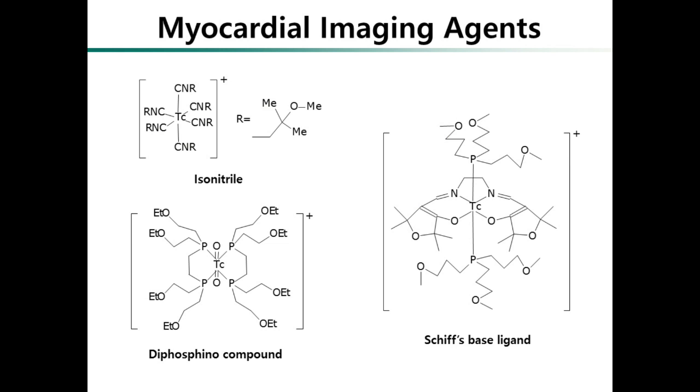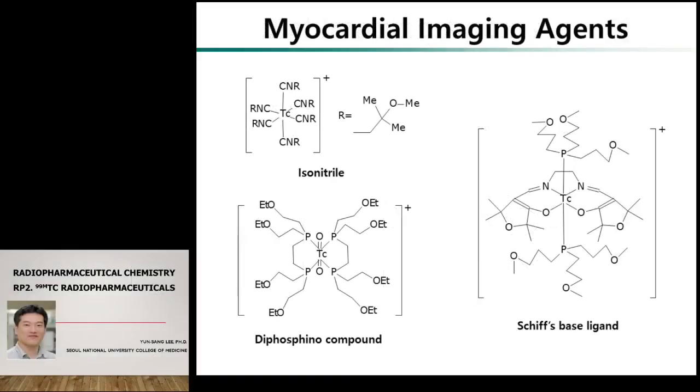transfer into the myocyte, a special enzyme cuts this part, so they change into the alcohol. They cannot pass through the cell membrane, so they accumulate. As you know, potassium has a +1 charge, so they accumulate in the myocyte. First of all, they transfer into the myocyte, and then after detaching this ether bond, they accumulate in the